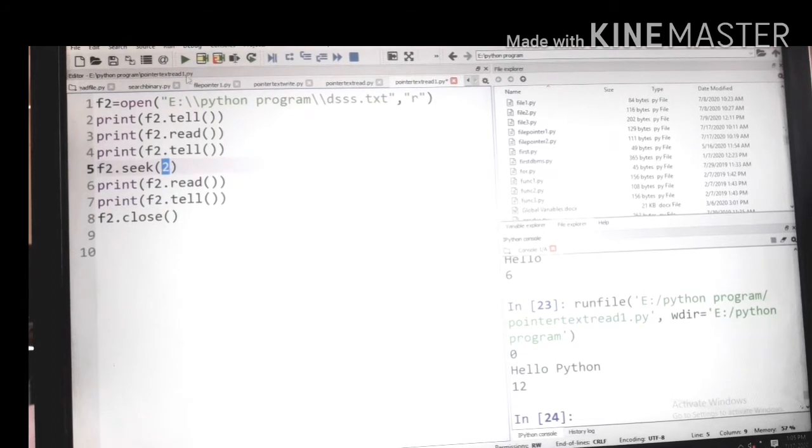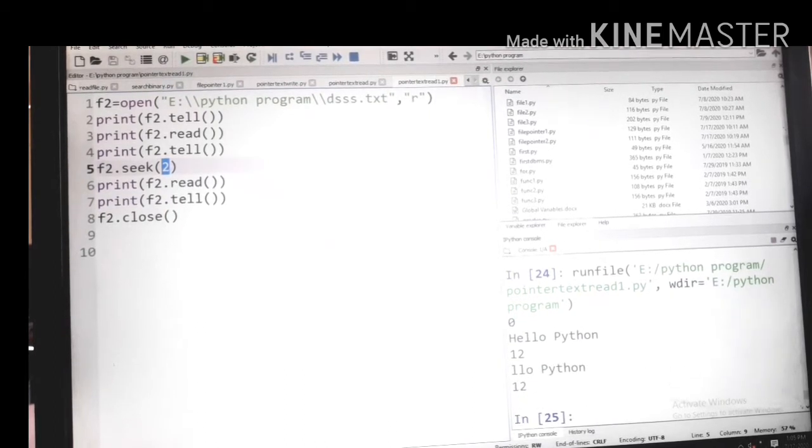So again we can run this program. Now the first, so that is by again the seek to means HE. So the file pointer is at E. Now start reading from the double LO, because the file pointer